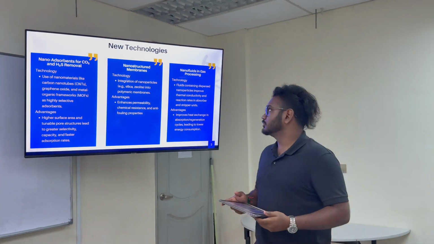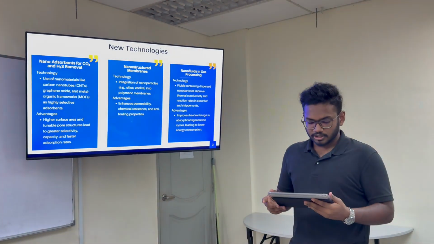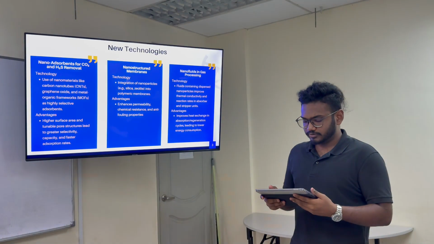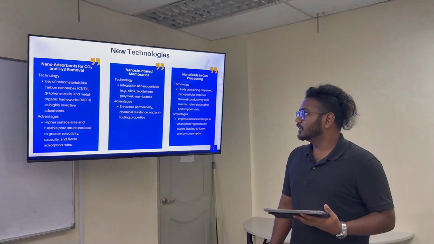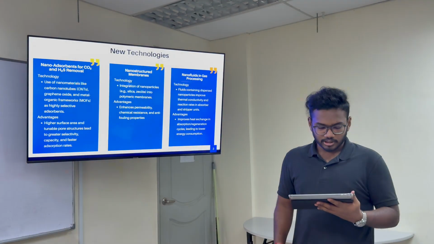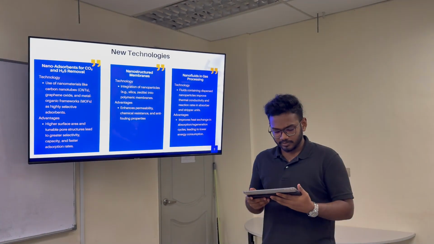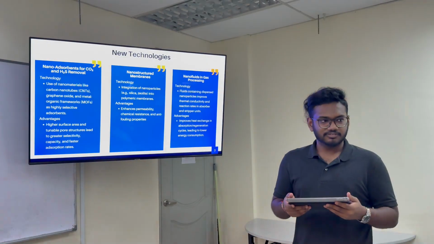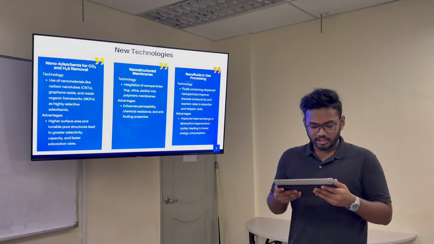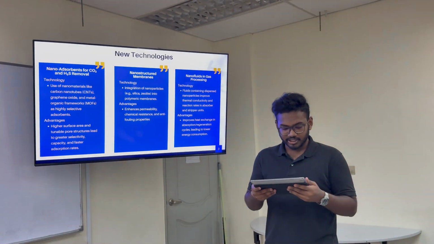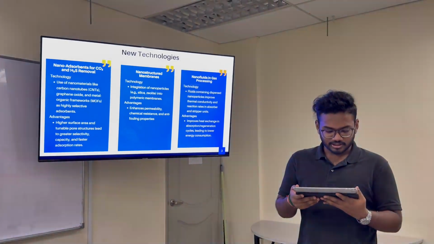Now, let's move on to the new technologies in nanotechnology. First is the nano adsorbent for CO2 and H2S removal. This technology uses nanomaterials like carbon nanotube, graphene oxide, and metal organic framework as highly selective adsorbents. Their advantage is the higher surface area and tunable pore structures that lead to greater selectivity, capacity, and